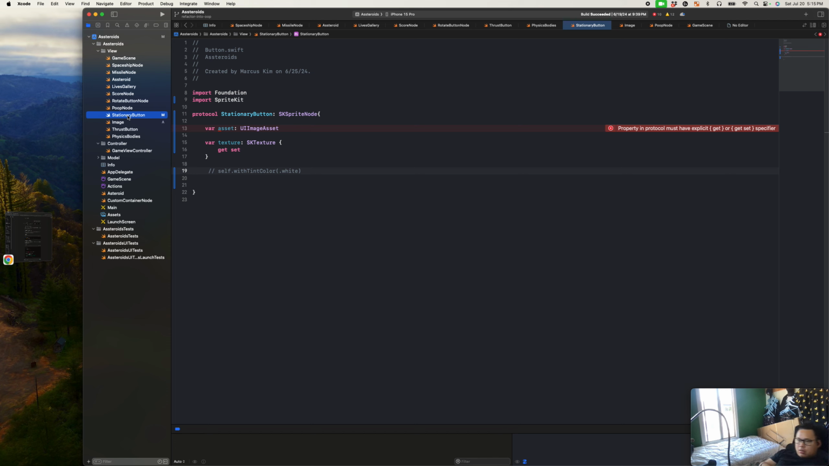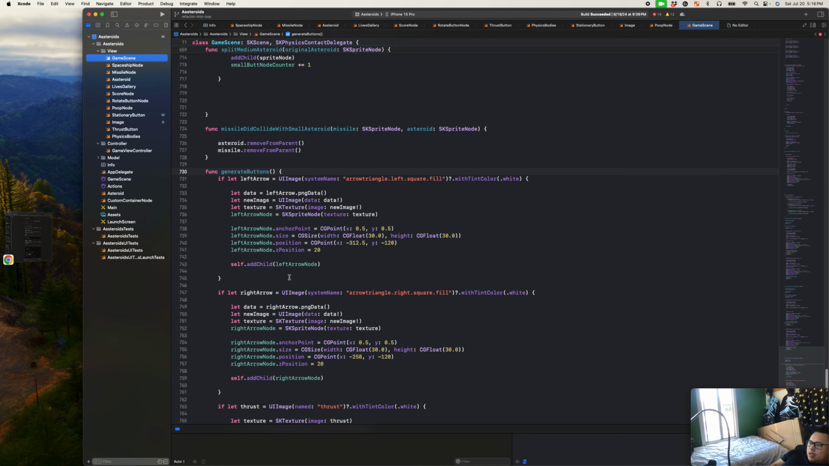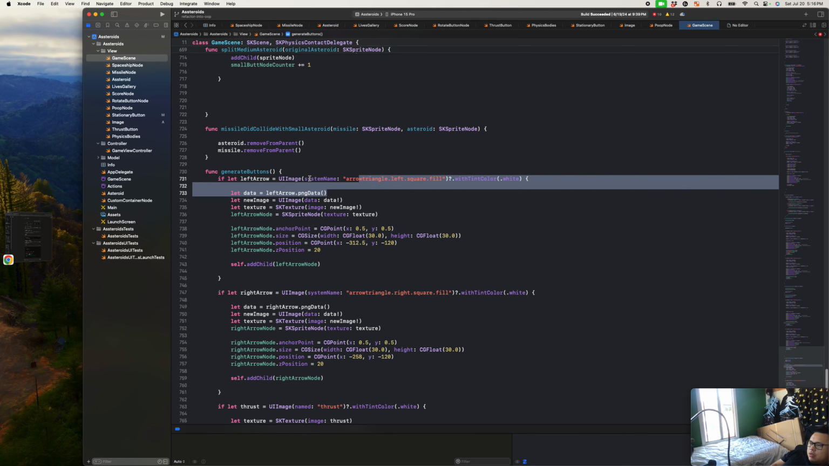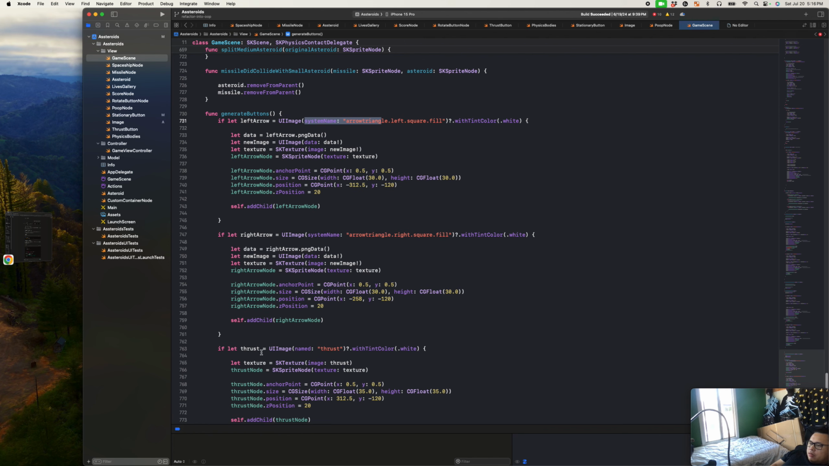something else. So let's check the other buttons. So we're in game scene. Generate buttons. The left arrow is a system image. This is a system image, as you can tell by the system name. And this is also a UI image, but this is not a system image. This is just an asset. So I guess they're both UI images,